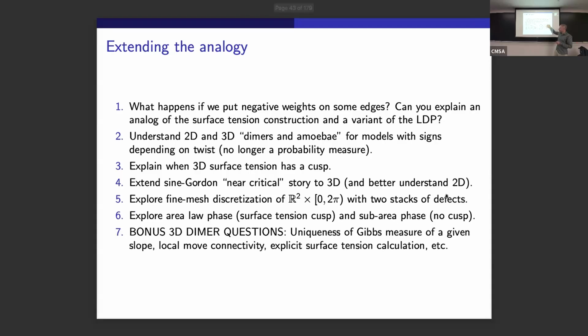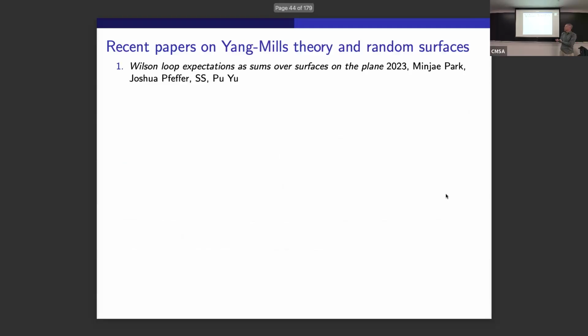So I'm just going to toss these up here, but there's a whole bunch of questions you can already ask in 2D, just about dimers, where the better and more satisfying an answer you get, the more confident we are that we can extend that answer to this four-dimensional case with random surfaces where we're working at the moment. So the recent papers we've had on this subject, I want to say there's one called Wilson loop expectations as sums over surfaces on the plane,